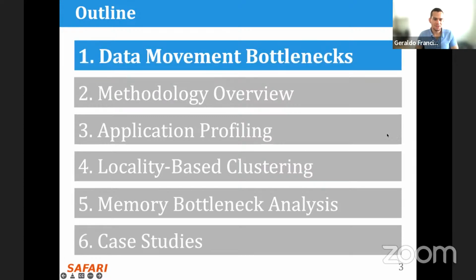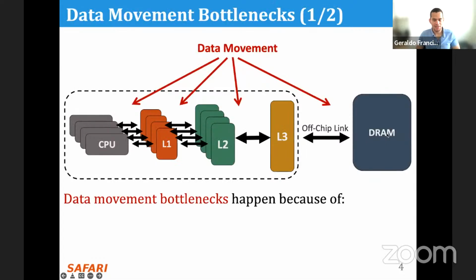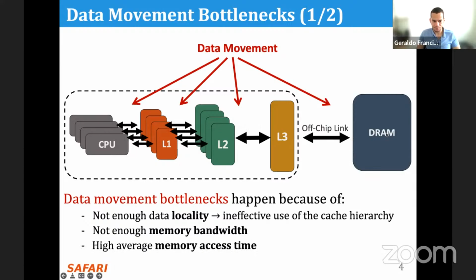So let's get started with data movement bottlenecks. Data movement has become a major bottleneck in today's systems, and it happened for at least 3 reasons. First, if an application does not have enough data locality, this application is not going to make effective use of the cache hierarchy. Second, if the DRAM system cannot provide enough memory bandwidth for the application. And third, caused by the high average memory access time incurred in applications that need to access the whole